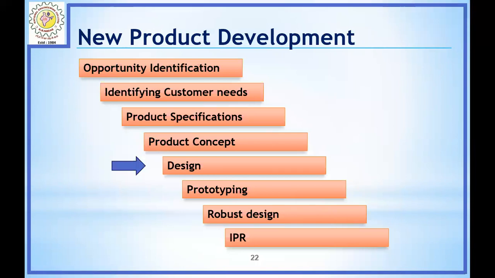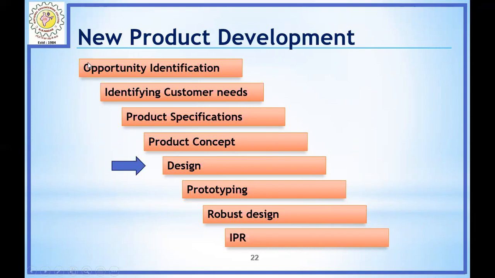And the next is design. Whenever you ask our children or our graduates to develop a new product, the first stage they mention is design a product. This is the reason for their failure. Actually, designing the product is an intermediate stage. If you bypass these 4 stages in a new product development process, definitely the remaining 4 stages will become a failure. Because without concept, specification, customer need, and opportunity, if you design a product, the design will become outdated or not required for the particular application.